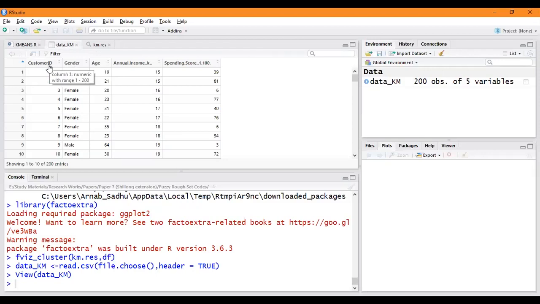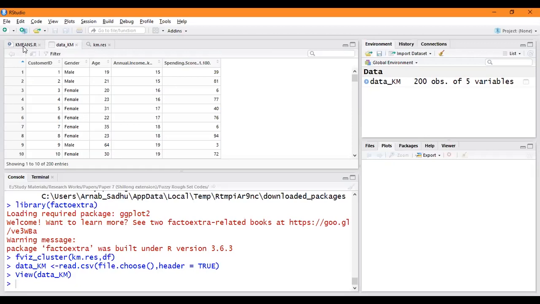And customer ID is also unique for each and every customer, so I can ignore these first two attributes, customer ID and gender, and we will make use of age, annual income, and spending score, and try to figure out whether we can find any meaningful cluster from that.